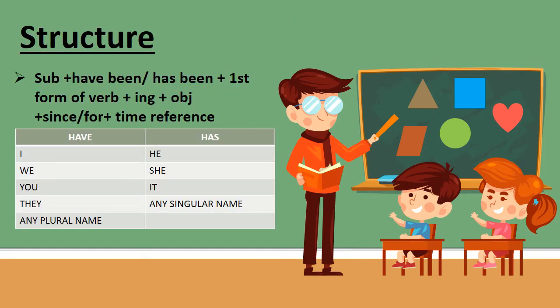With this structure, the helping verbs we are going to use are have been and has been, along with the first form of the verb, and obviously, since the tense is continuous, you use the first form of the verb with ing. So where to use have been and where to use has been? With the subjects I, we, you, they or any plural person, you use have been, and with the singular person, the third person singular, you use the helping verb has